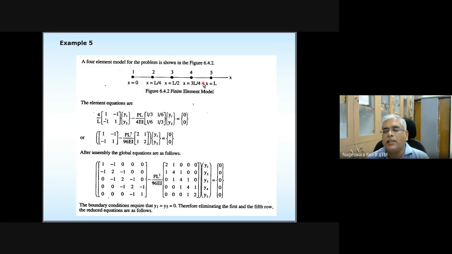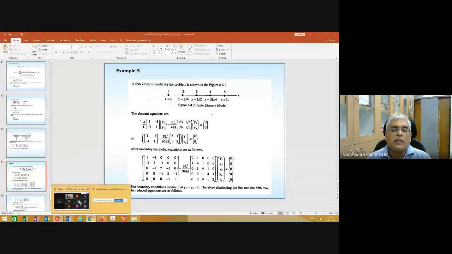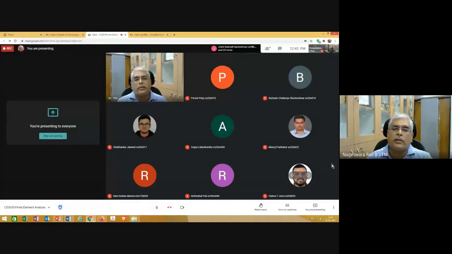Okay, so this we are going to see in tomorrow's class, or tomorrow in the sense the next class after 1 week, because next week we have a break. So that is what we are going to see in the next class. Meanwhile, I'm going to share with you the next assignment, based on the general one-dimensional boundary value problem with the 2-node element. Using that, we derived the element equations. And based on that, if you are able to solve a problem, you solve it from the assignment which I'm going to send.